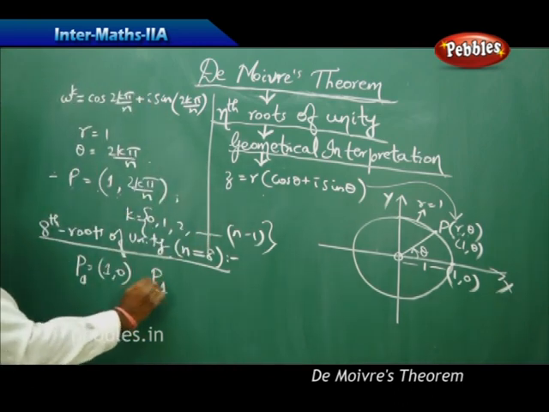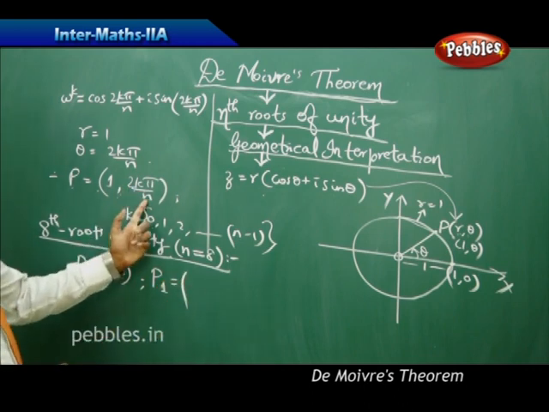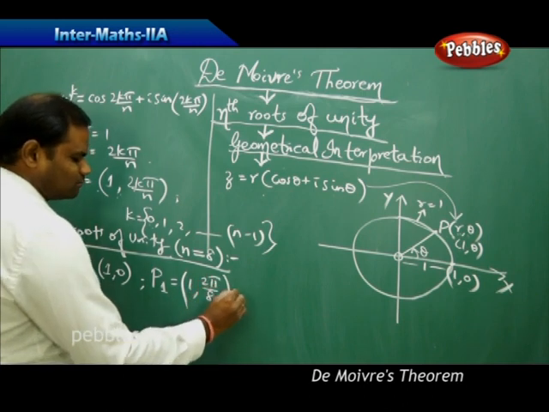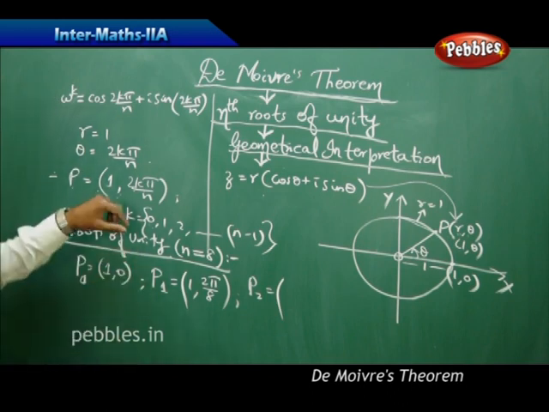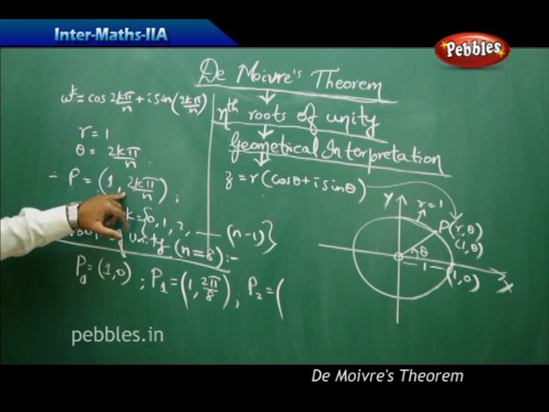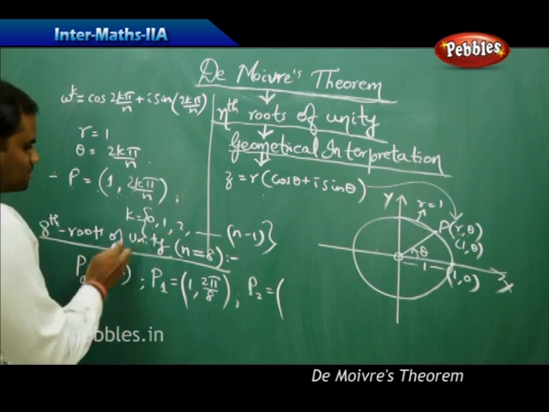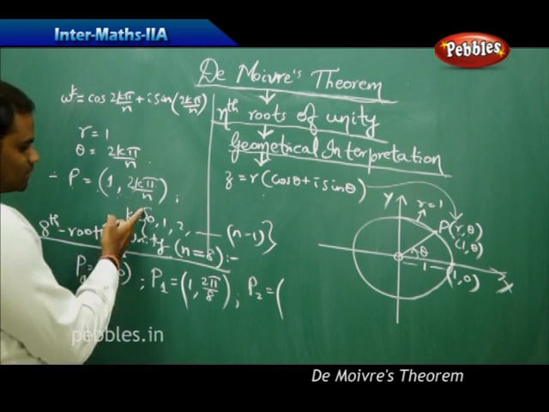Secondly, when I want to find p1, I take k equal to 1, and 2 pi by 8 is what I get when k is 1. Similarly, I take my p2, which is given by k equal to 2, that is 2k pi, or 2 pi. Suppose I fix myself with k equal to 1, 2 pi by 8, which I got here,